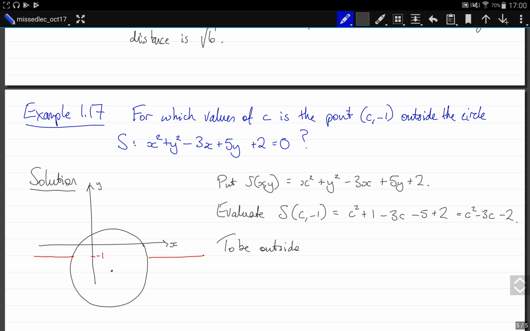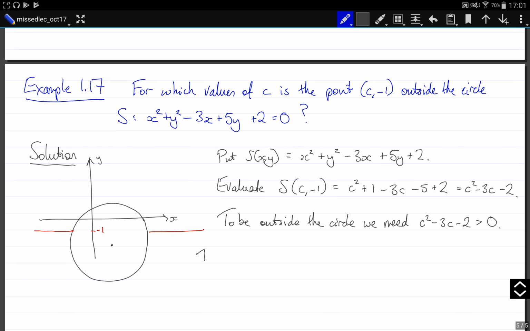So I'm trying to explain what I'm doing in words, because it's always a good way of picking up marks as well as clarifying your own thought processes. We need this to be positive. But if I equate it to 0, I can use the quadratic formula. The numbers are not particularly nice,